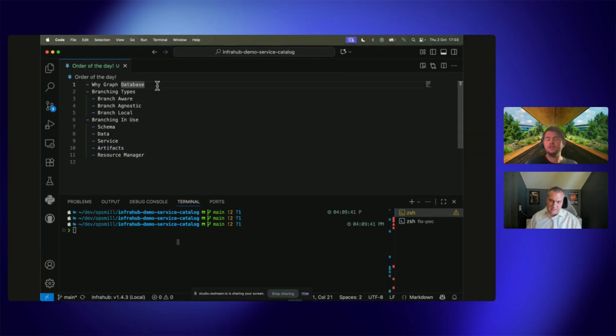In Infrahub, we are not specifically related to Git in terms of branching. For example, in Git, branching is very compartmentalized. Changes are in a specific branch, whereas in Infrahub it's been designed so there are multiple different branching types, and we'll go through those: the aware, the agnostic, the local, and we'll show you how branching works from schema data,